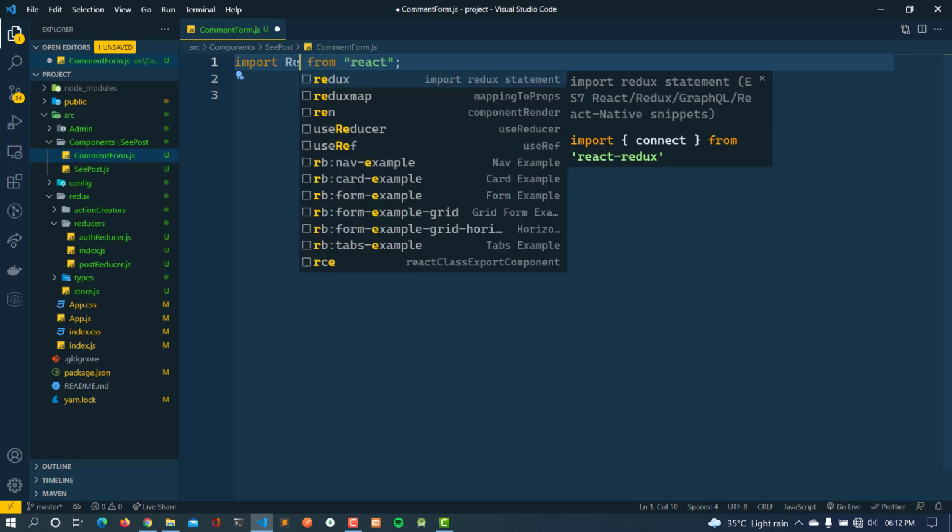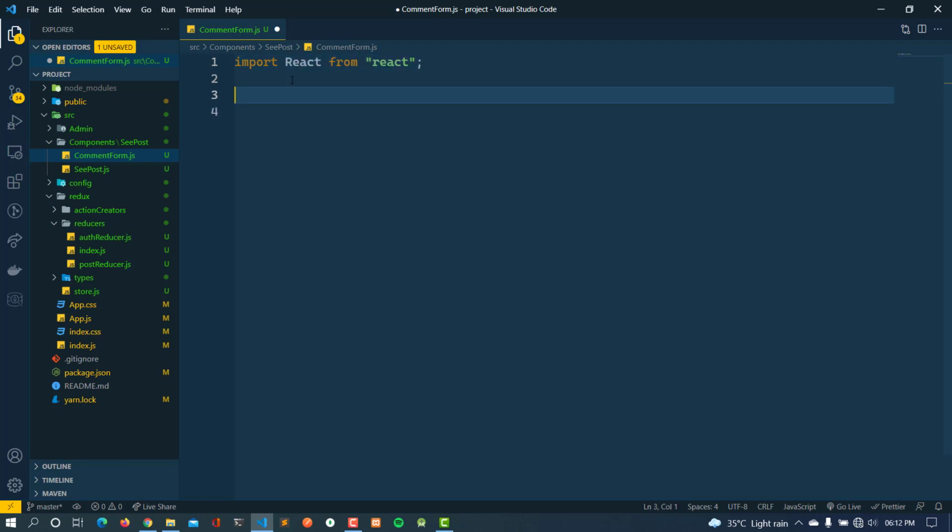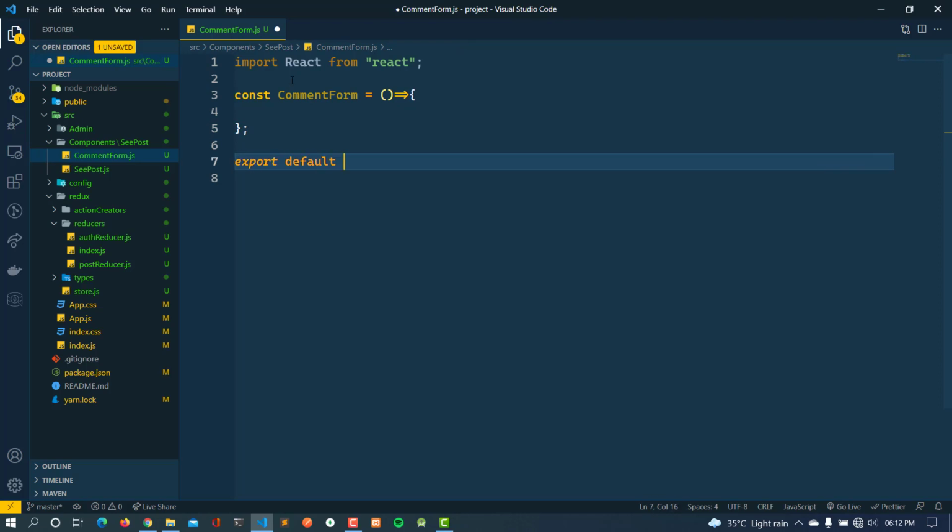Then we are going to add one constant, that is CommentForm, and this CommentForm is there. Then export default CommentForm, save it, and we will just return a text, that is comments here.